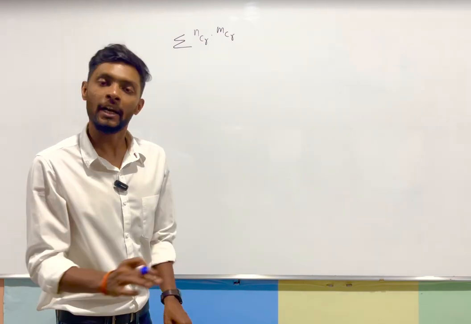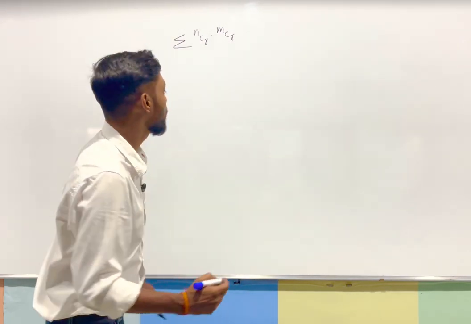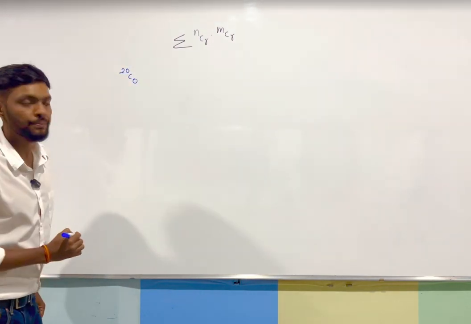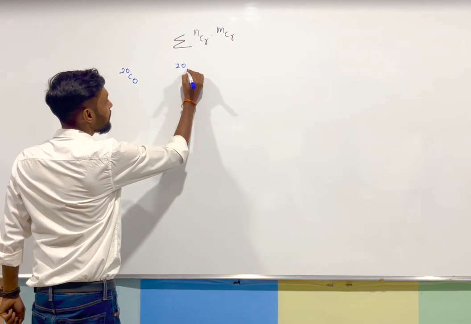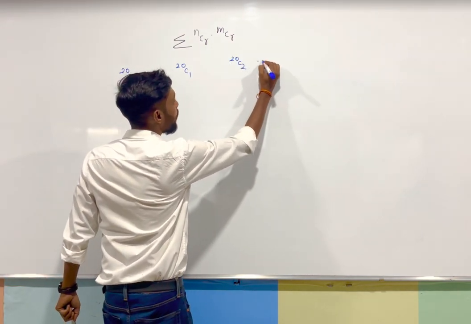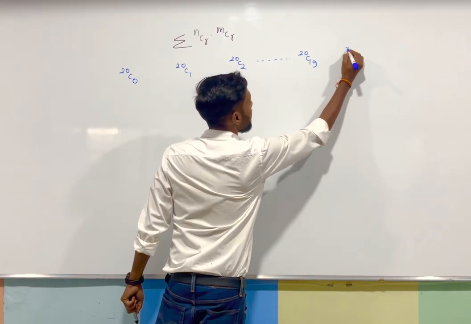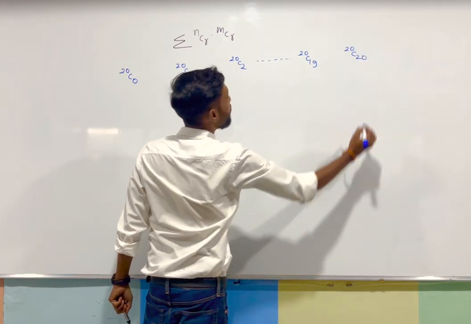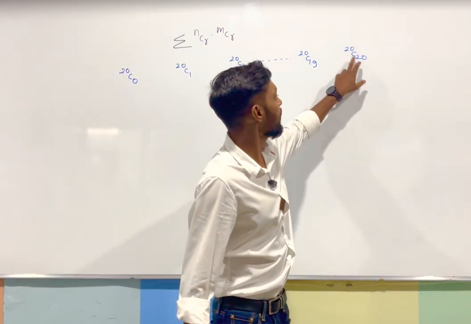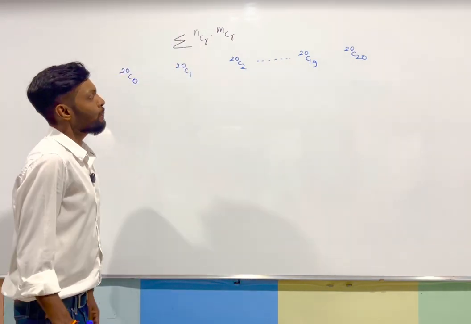Pick a number and write all binomial coefficients of that number. Like I pick 20. So the first binomial coefficient of 20 will be 20C0, then 20C1, then 20C2, and it will go like that. Somewhere it would be 20C19 and finally 20C20. You know that it would stop there. It will start from 0 and stop where it equals its upper subscript. Okay, so pick another number.